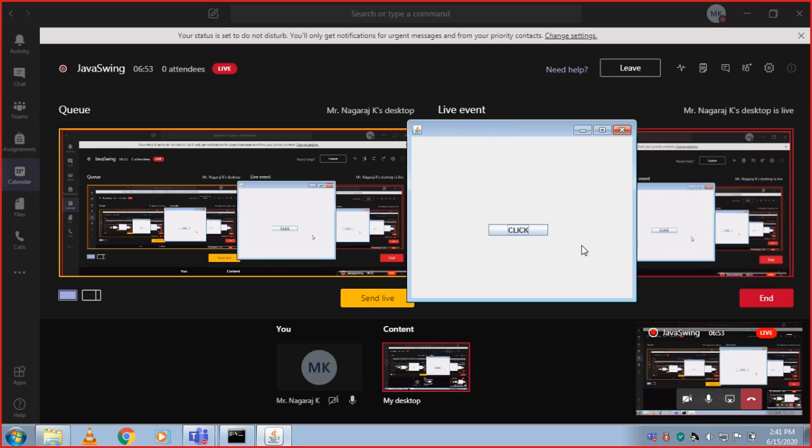The accessibility package is very much relevant and useful for disabled people, the people who are not able to see, who are not able to access things visually. And all the remaining packages are very much useful for the development of applications.